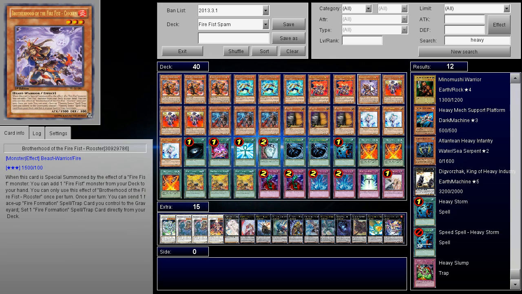Next up, I only play 1 Rooster, and the reason why I'm playing 1 Rooster is because I do not play Gyoku, which is the other continuous fire formation that a lot of players like. Now, I don't really like that card too much. It's not a bad card, don't get me wrong, but for the way the metagame looks, I wanted to try